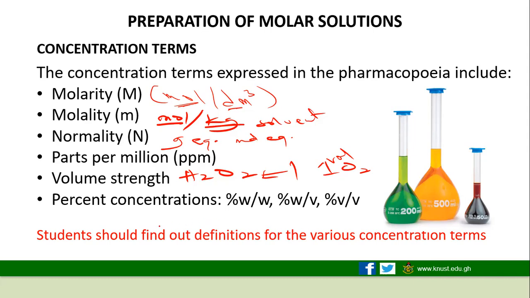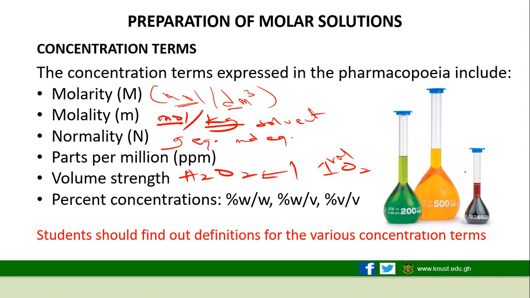Then we have other percentage expressions of concentration. The first one is percentage weight in weight. It will be the mass in grams of the solute over the mass in grams of the solution. Percentage weight in volume will be the mass in grams of the solute over the volume in mils, or milliliters, of the solution. Then the last one, the percentage volume in volume, will be the mils of the solute over the mils of the